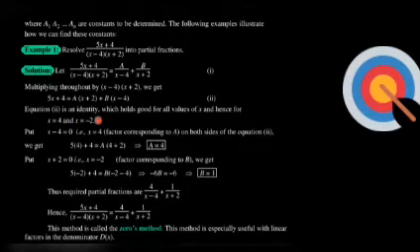Equation number 2 is an identity which holds good for all values of x, and hence for x equal to 4 and x equal to minus 2. What does this statement mean? It means that we put these factors equal to 0 one by one and put the values of x into equation number 2 and find the results. First of all, let's put x minus 4 equal to 0. It gives x equal to 4. So upon putting x equal to 4 in equation number 2, I have 5 multiplied by 4 plus 4 is equal to A into 4 plus 2.